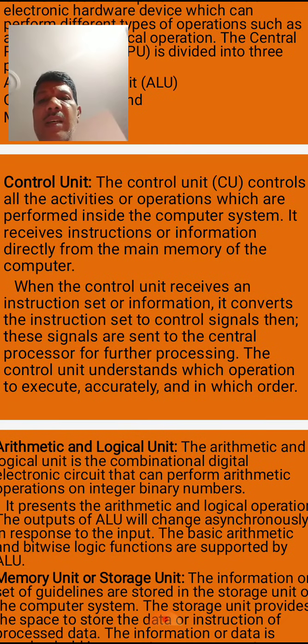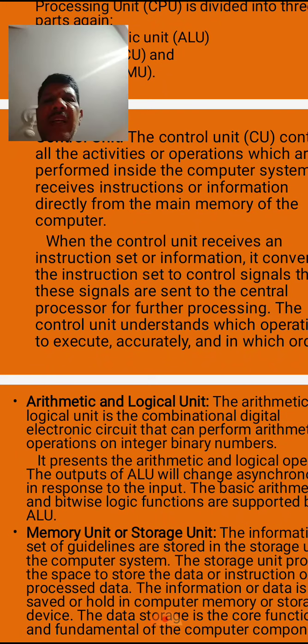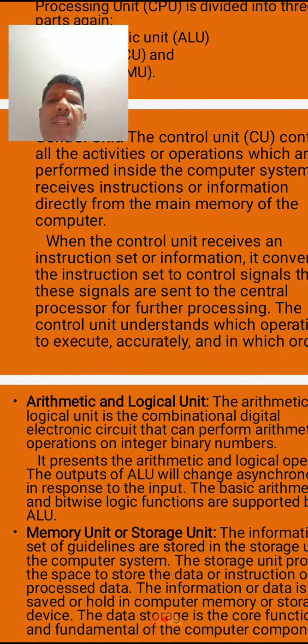Then the next component of the CPU is the arithmetic and logic unit. With the help of the computer, we perform arithmetical operations and logical operations. Here arithmetical operations mean addition, subtraction, multiplication, division, etc. And logical operations are comparison between text, comparison between values, etc. The combination of these we call arithmetic and logical operations. Such operations can be done by the computer with the help of the arithmetic and logic unit.